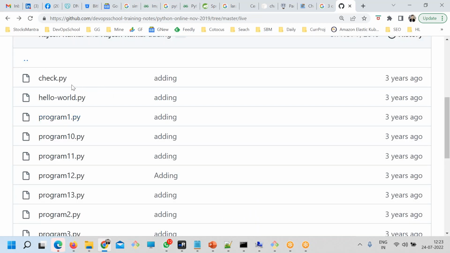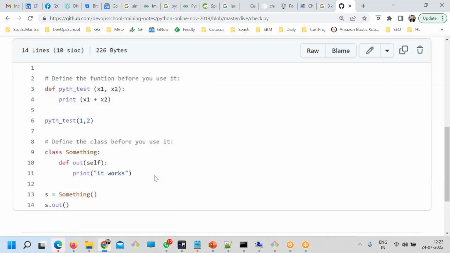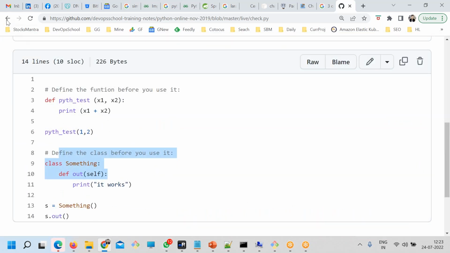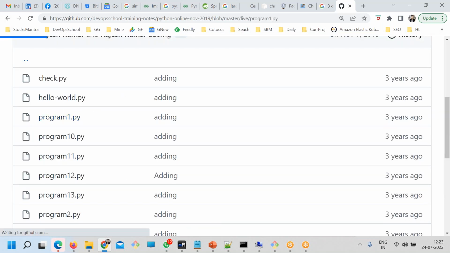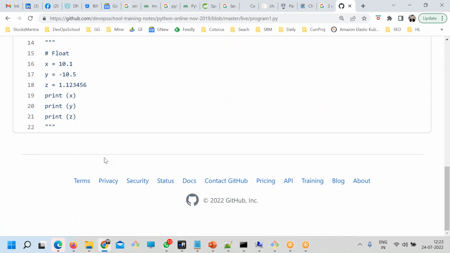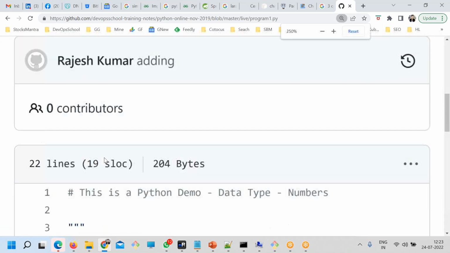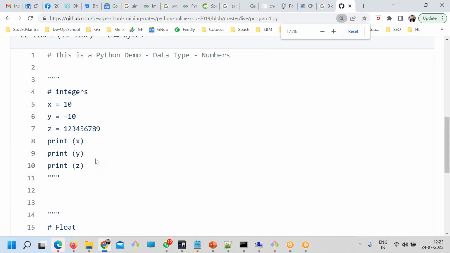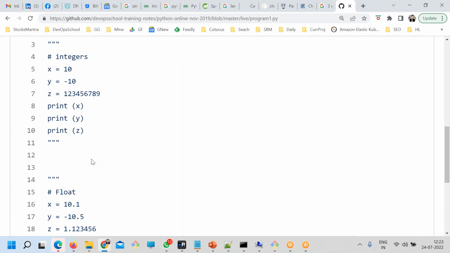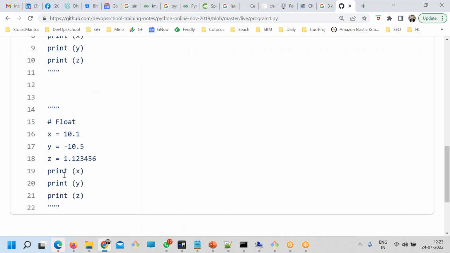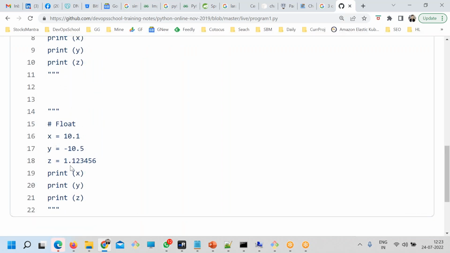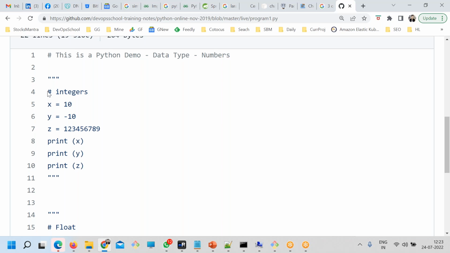Let's go for check.py. So this is not something which is great. Program one. Now look at this program carefully. Here x is 10.